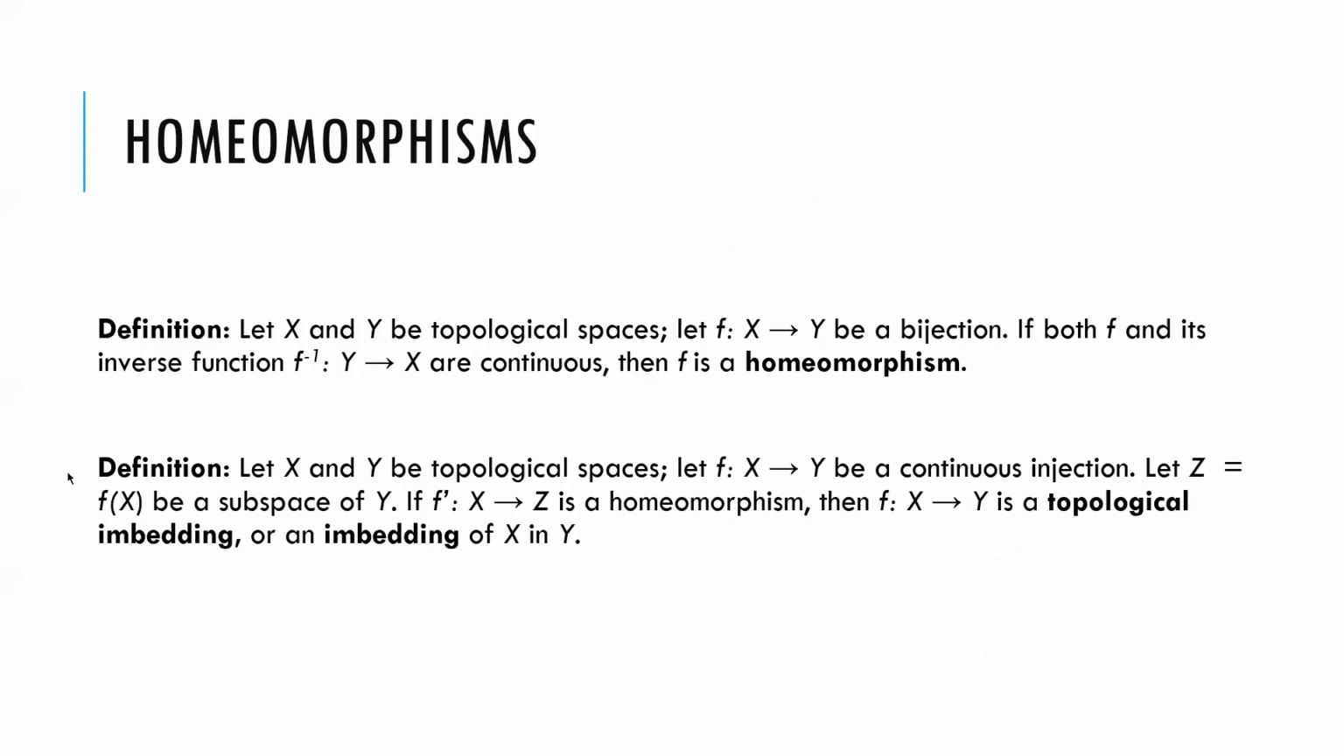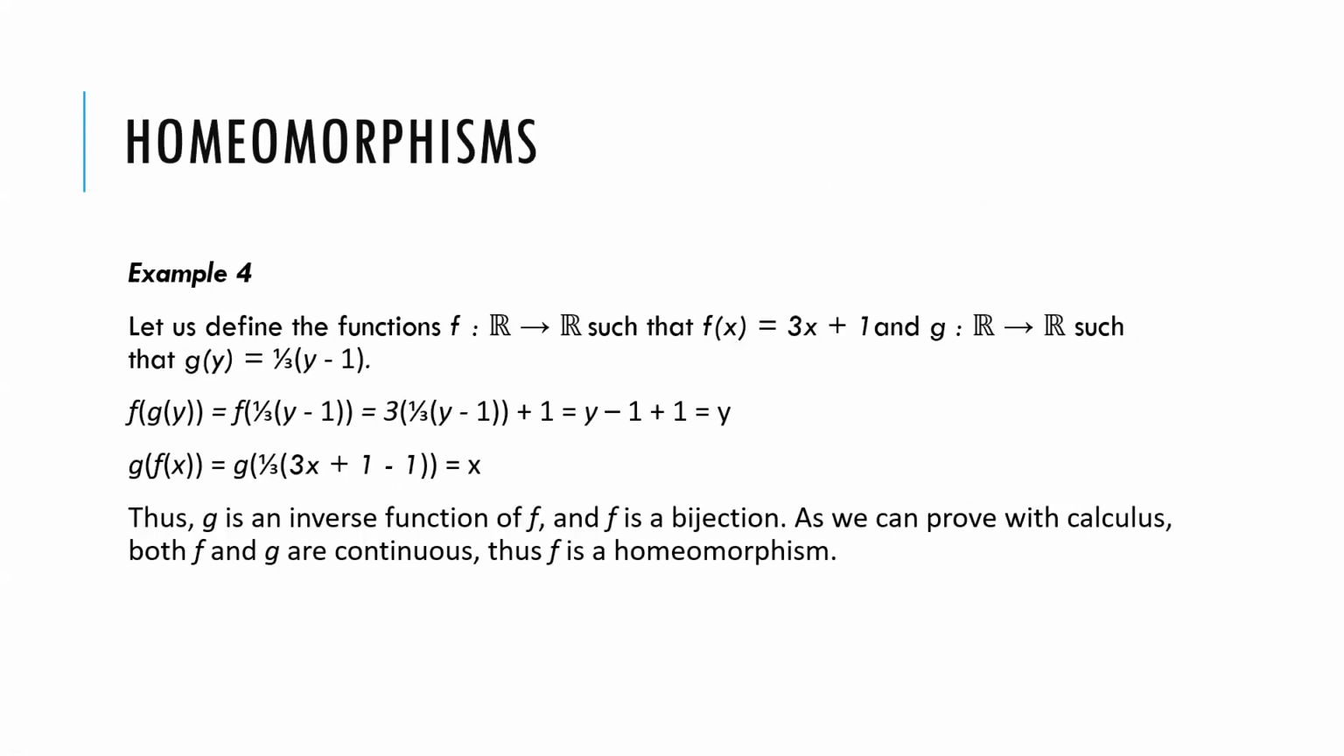Thank you for the examples. So we have several examples from the book which go over what a homeomorphism is. The first one is example 4: if we have the function f which maps from R to R such that f of x equals 3x plus 1, and g which maps R into R such that g of y equals 1/3 of y minus 1,